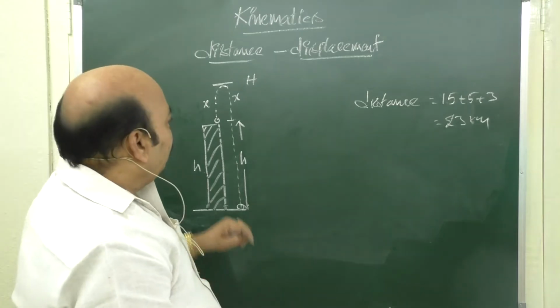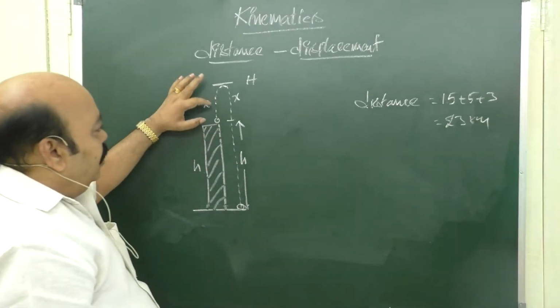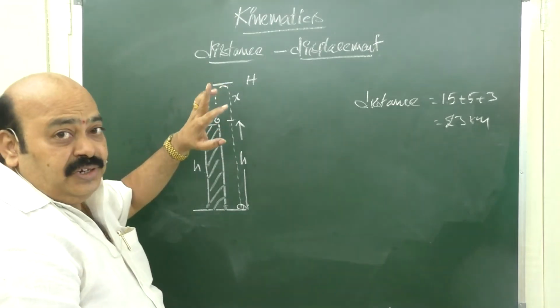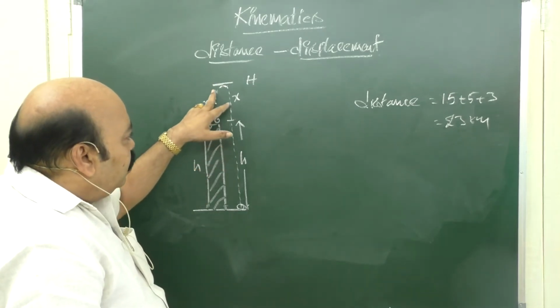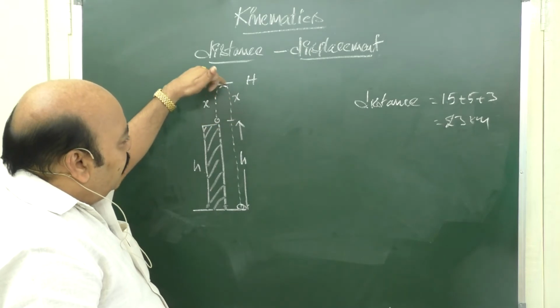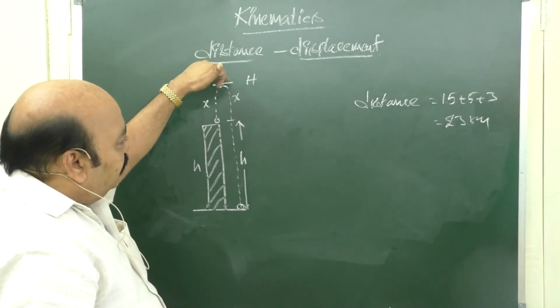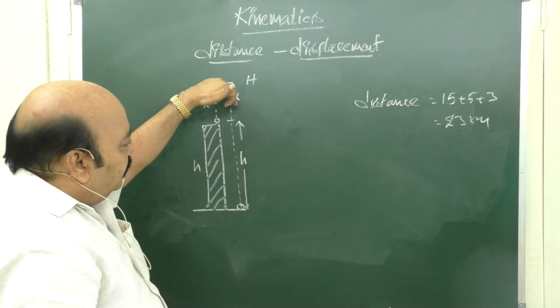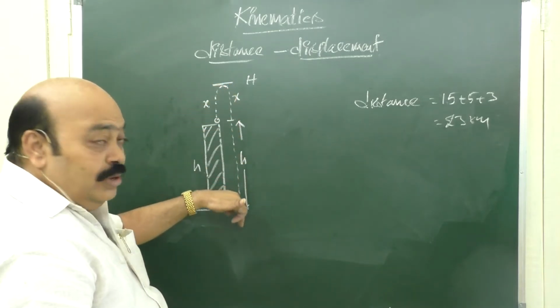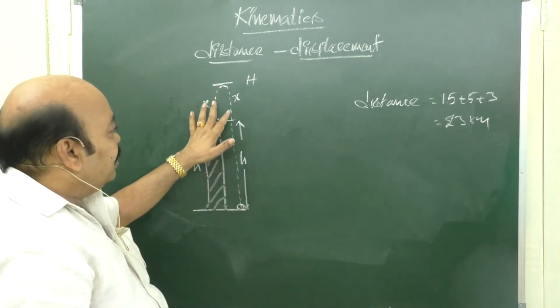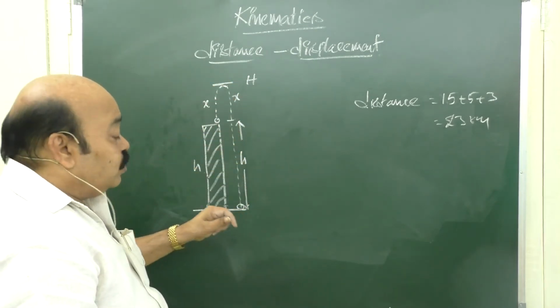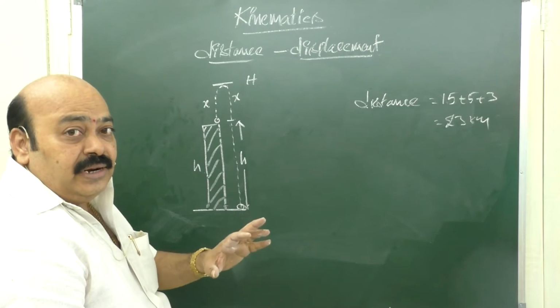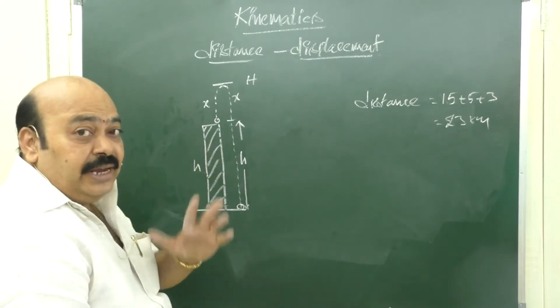But be careful, here the motion of this body changes its direction. Observe carefully. In the beginning it is moving upwards. After reaching the highest point, it loses its velocity and begins to fall down. That's why initially the direction is up and finally it is downwards. So definitely it is associated with direction. We have to apply sign to this.